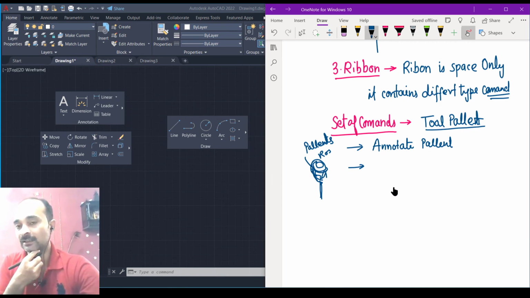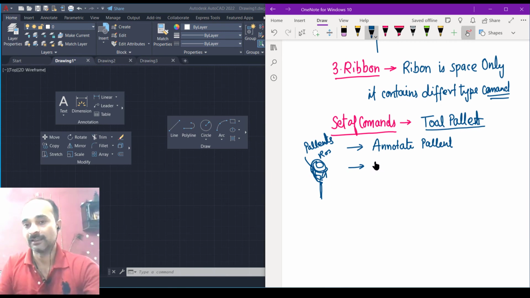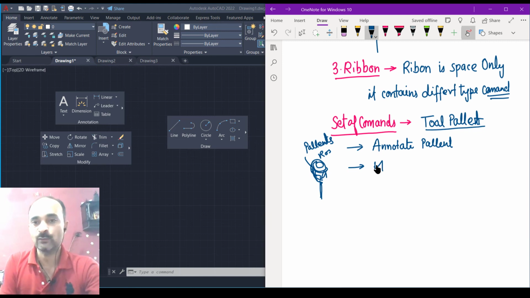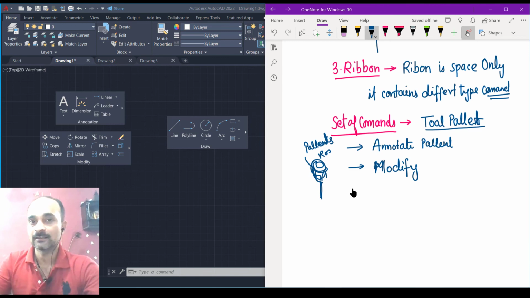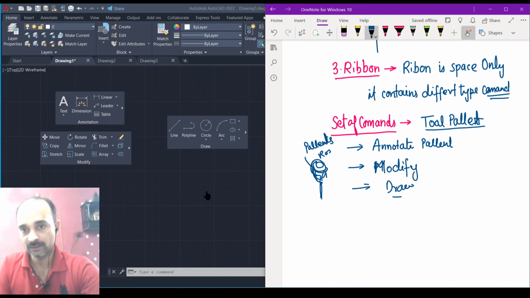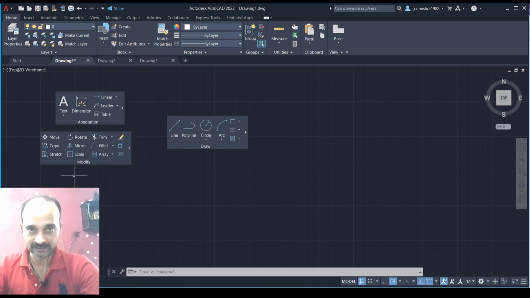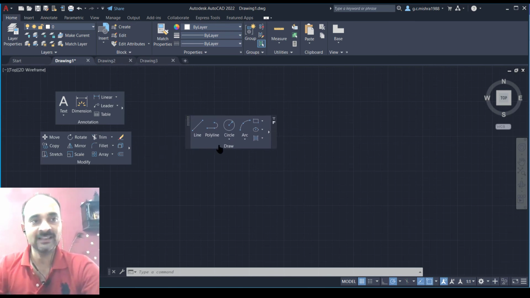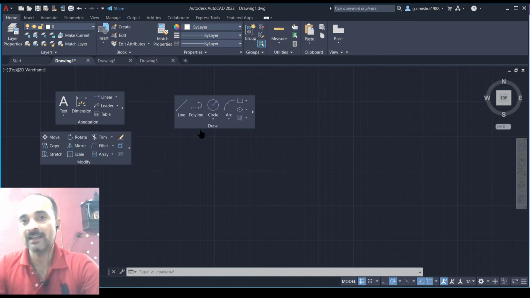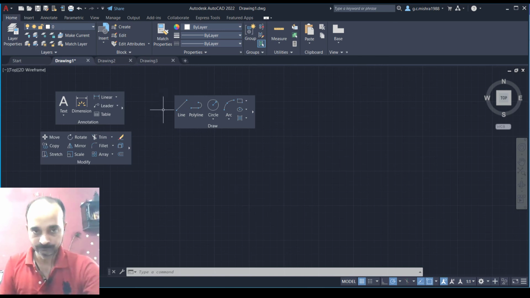Like in the rose, there are several leaves in the same bunch. In the same way, we have the ribbon and we have tool palettes embedded in the ribbon. Those are called tool palettes. After that, a second tool palette is called modify. Next is draw. These are called tool palettes. So basically, these tool palettes are incorporated in the ribbon.